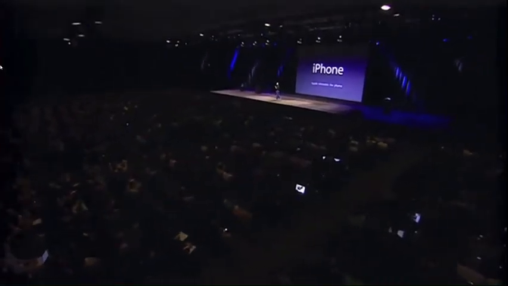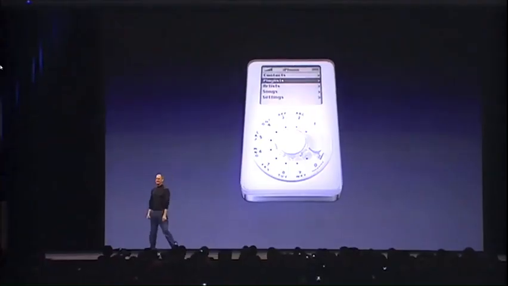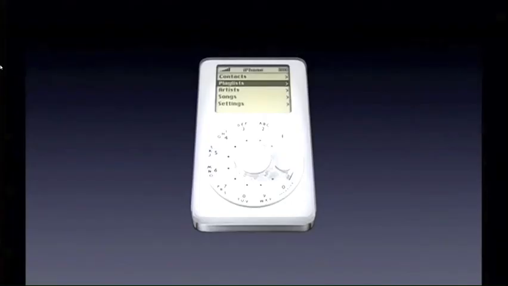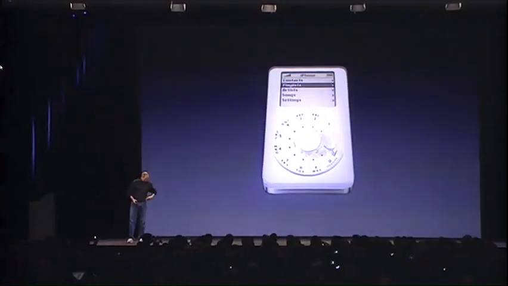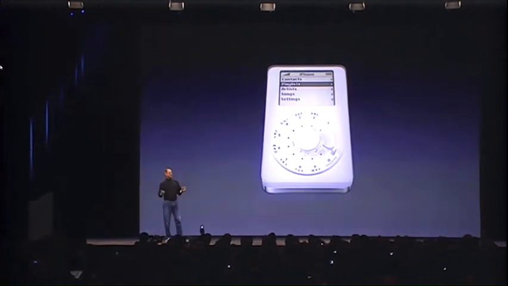Today, Apple is going to reinvent the phone. And here it is. No. Actually, here it is, but we're going to leave it there for now. So, before we get into it,